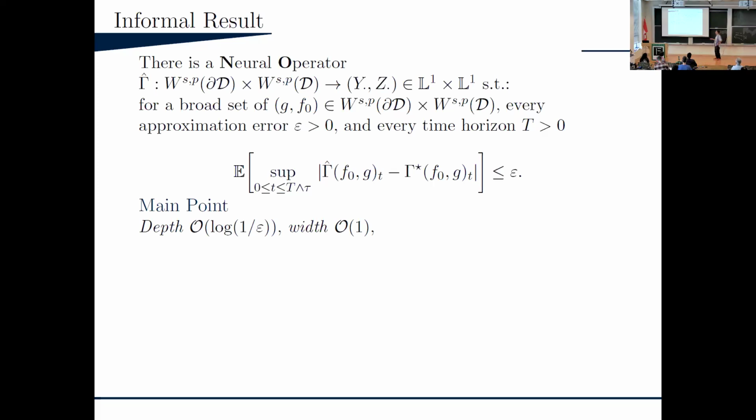I'm literally impressed every time I see it. I can't believe that's possible, but it is. And then the rank, which is sort of the latent dimension of this thing, is linear in the reciprocal approximation error. So long story short, the number of parameters is just over quadratic in the reciprocal approximation error. That's really low, okay?